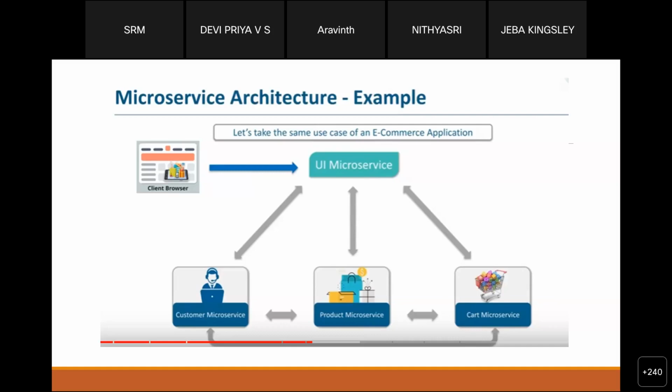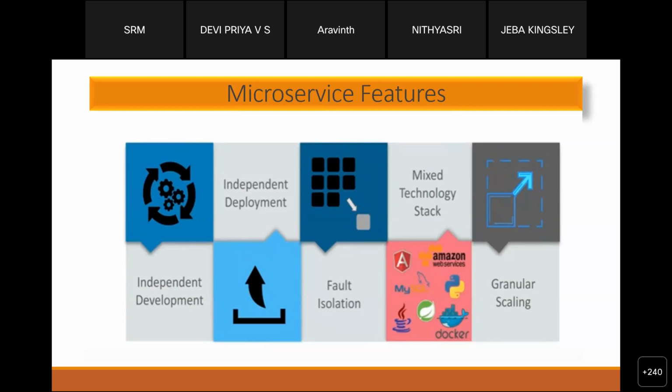In a microservice architecture, the same modules are deployed independently. Customer service will be one module which works independently, while the product microservice module works independently, and likewise cart is deployed independently. So if I want to change any one piece of the code related to the product, I only deal with that module. It doesn't directly affect the overall deployment of the product. Thus it increases the response time, so the delay is reduced. These are the features that microservices provide to us.